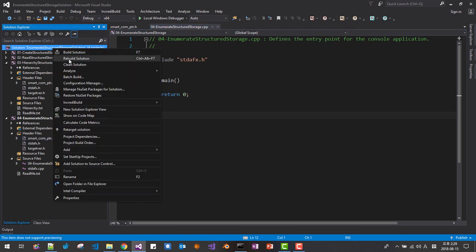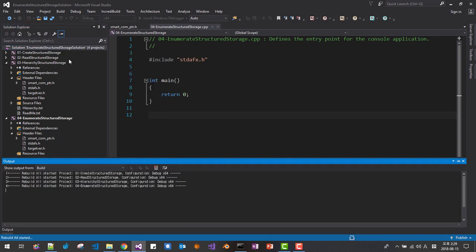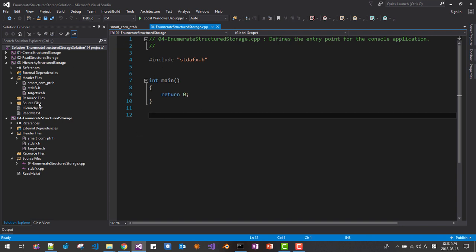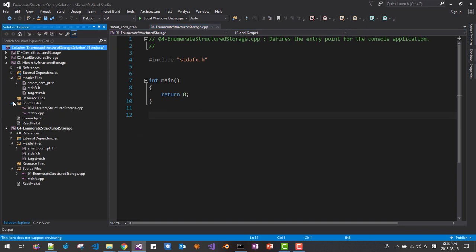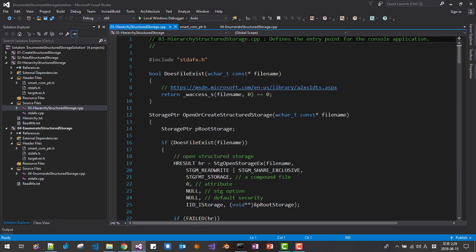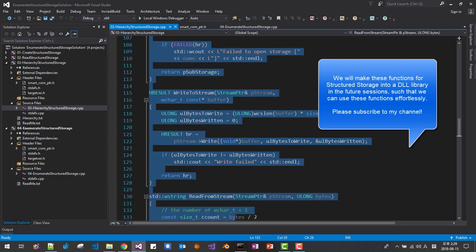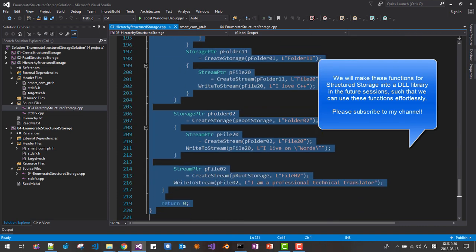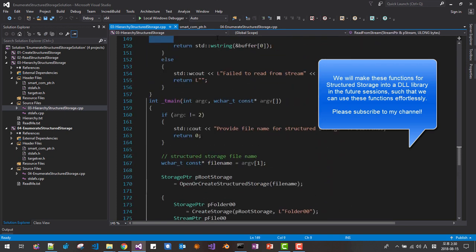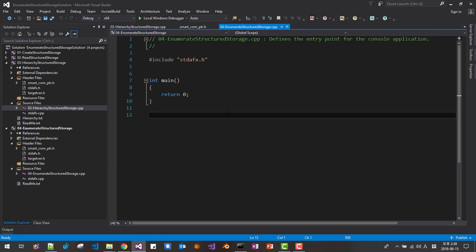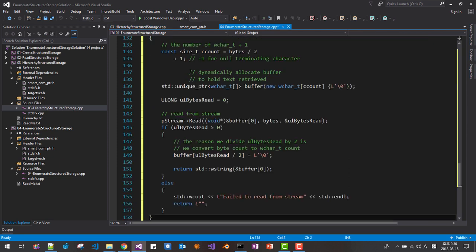Right click, rebuild solution. All 4 solutions should build successfully. Now from our previous session, we will copy the code from here. This is the code we developed in our previous session. Now copy them. Here, before function main, come here, paste,